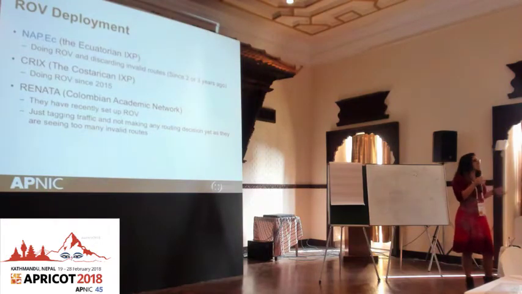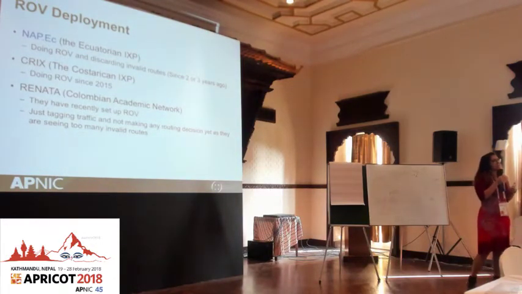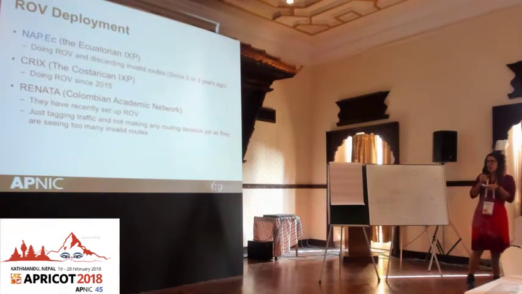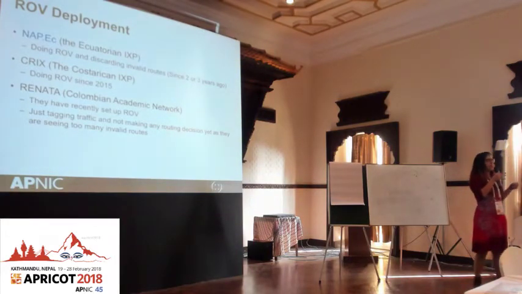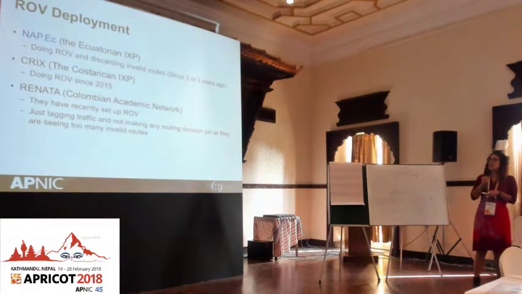And as in a previous life I was with LACNIC, I knew of some activities LACNIC was doing in the Latin American region. So I wanted to share these 3 cases from Latin America, but they're very good examples because the 3 of them were involved in some activities that LACNIC did. They had workshops and they helped people create ROAs and everything. And after those activities, these two internet exchanges, and this is an academic network, started, apart from generating the RPKI cryptographic information, to set up their routers to do origin validation.